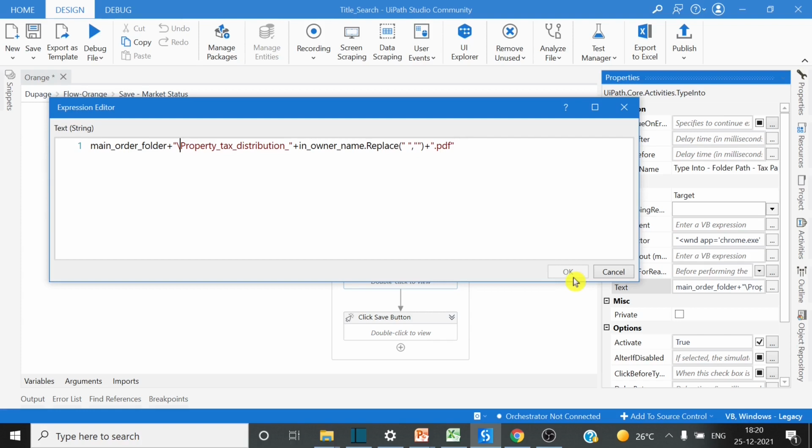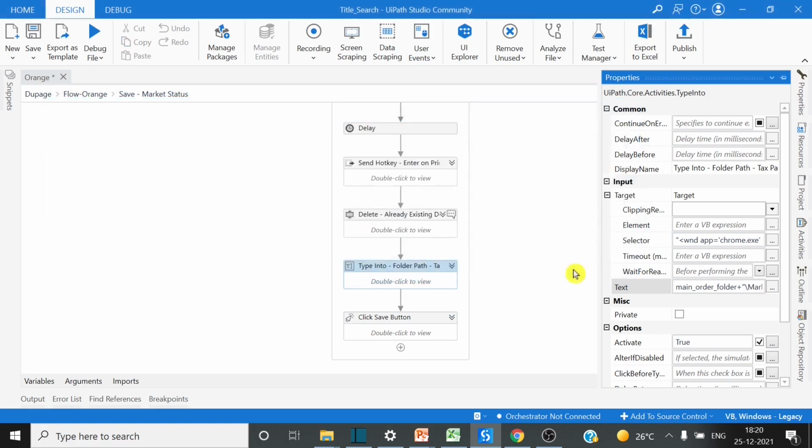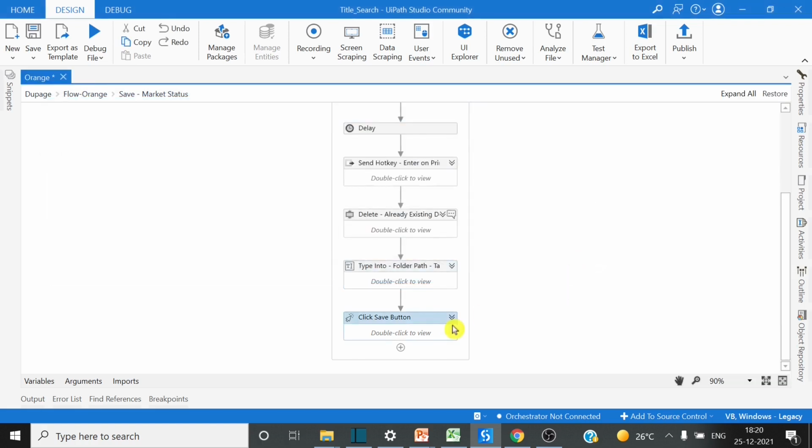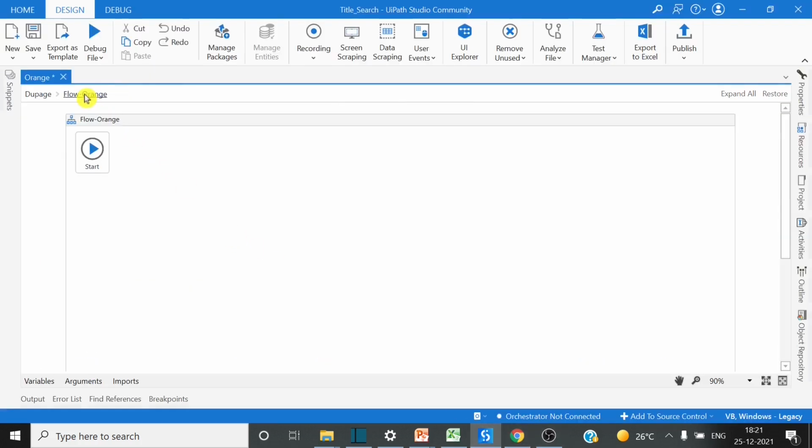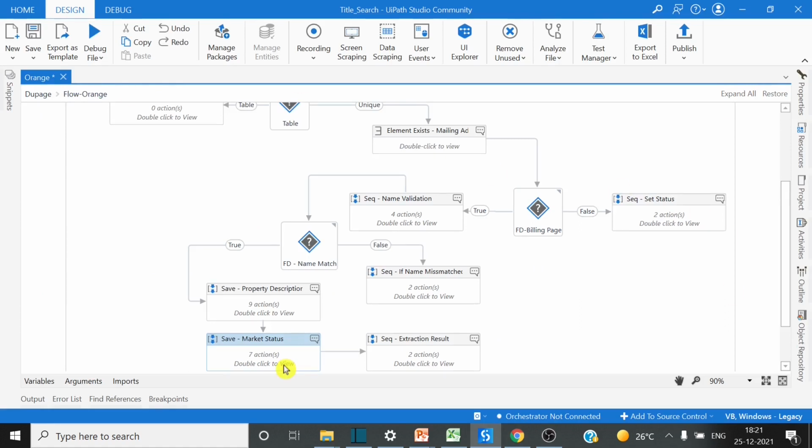Let's change the name, status. Now the save button will remain the same, so we will not do any changes. Hope you are with me. Okay, so once we have saved both the documents, then we have to